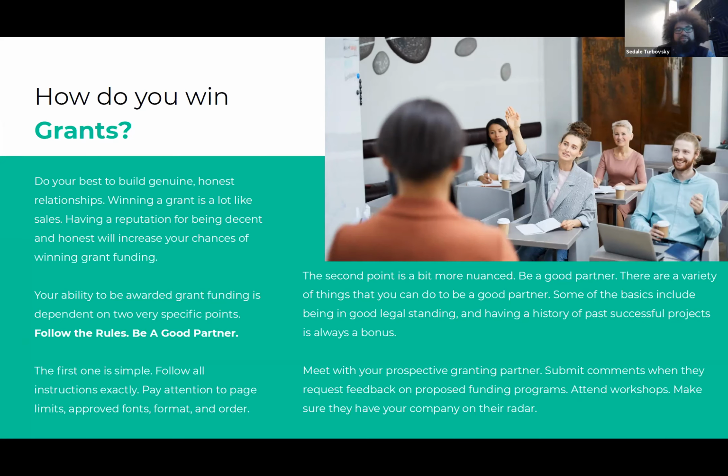So when you get that RFP and you're like, this is the grant for us, and you've read through it once and you say, okay, this is definitely the grant for us, read through it again, give it another look and make sure. What we do is we make a list of all of the things we need to do in order to follow the rules. It's very clear, it's written down.